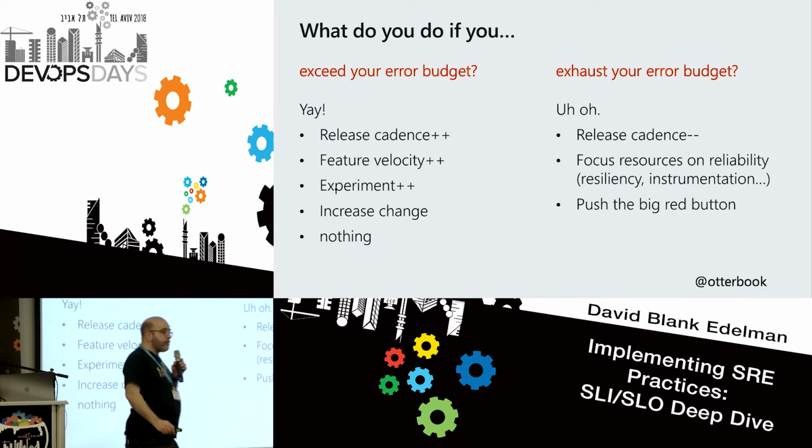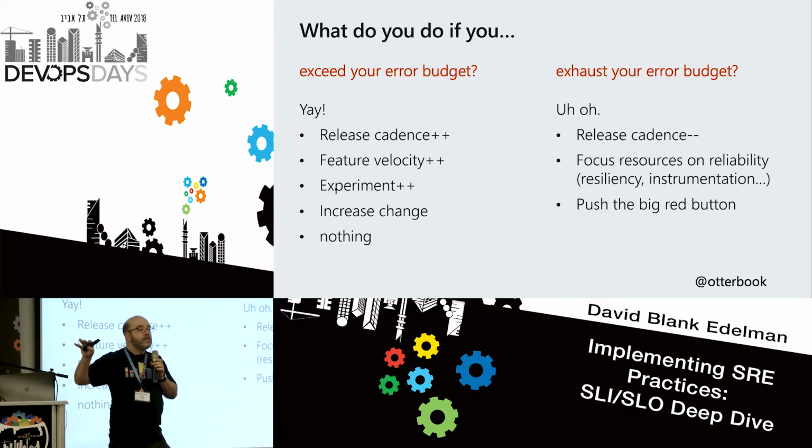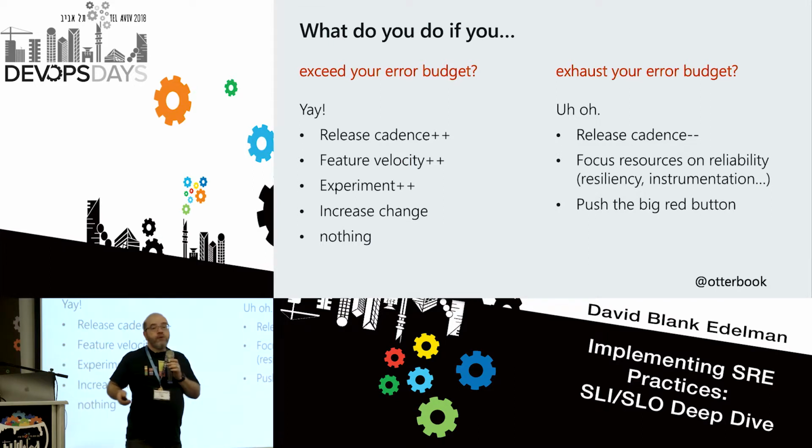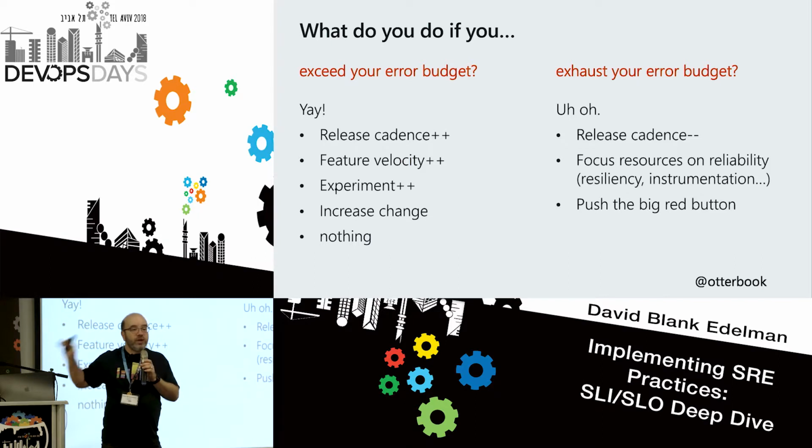You might, if you have to, push the big red button, the thing that says everybody stop. Entire company, entire organization, stop. We have not been reliable enough. We are so far down that this is a crisis and we need to pay attention to it with all our resources. Sometimes that happens, and it happens in lots of companies. It happens at Google, where they will push the big red button and say, sorry, no more releases, no more anything until we figure out what the heck is happening with our SLOs.